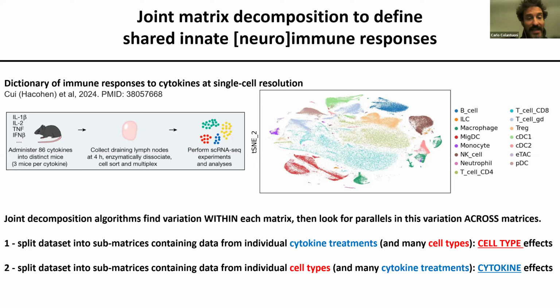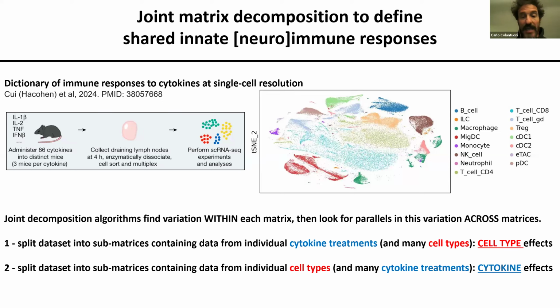It will then look inside each of those matrices separately for differences in the data, and those, in this case, will be driven largely by cell type, because the biggest differences in the data set are by cell type, and the thing that doesn't change is the cytokine treatment. So it's lots of different cells being treated with the same cytokine. So the big difference inside that matrix is cell types. So if we fed it 3 different cytokine matrices with different cell types, all of the pieces you get out that are shared across those matrices are differences between B and T cells, or differences between your innate immune cells and your